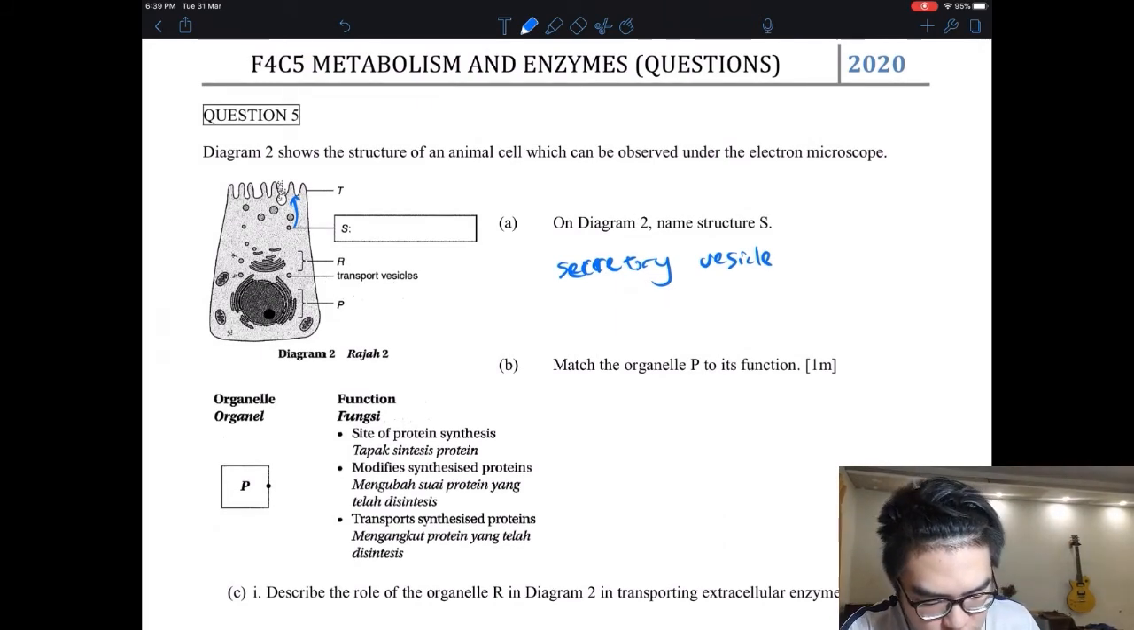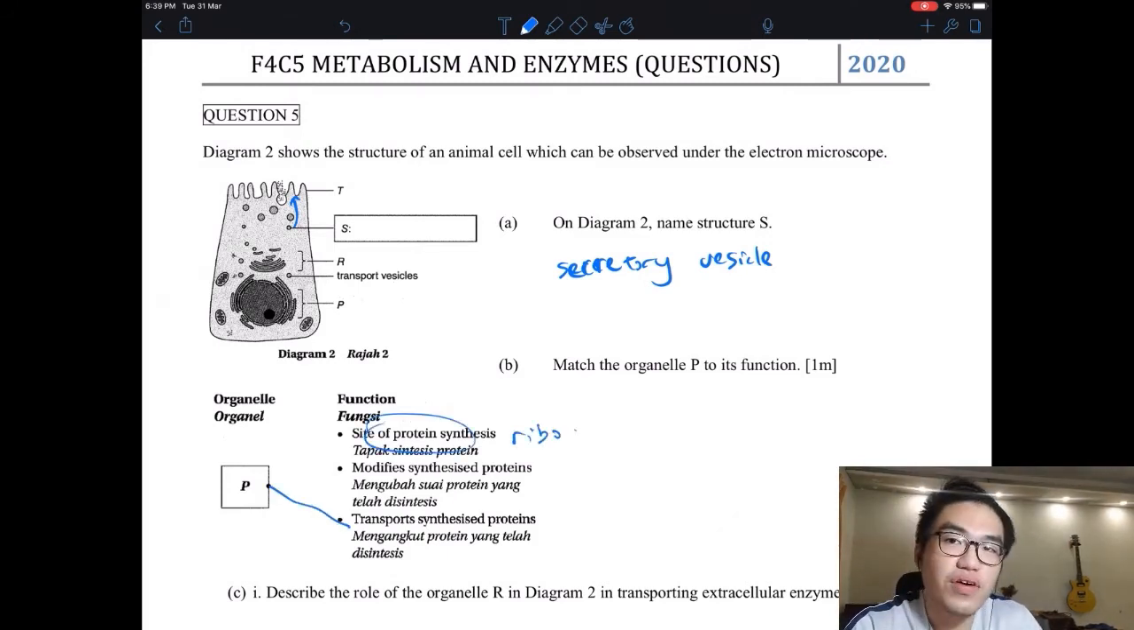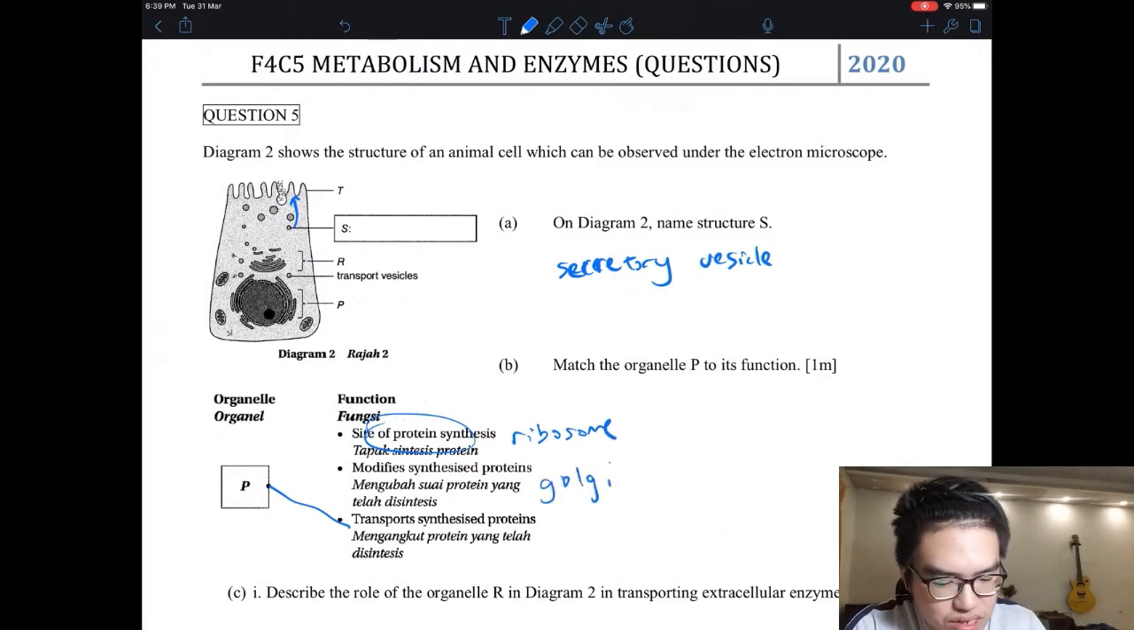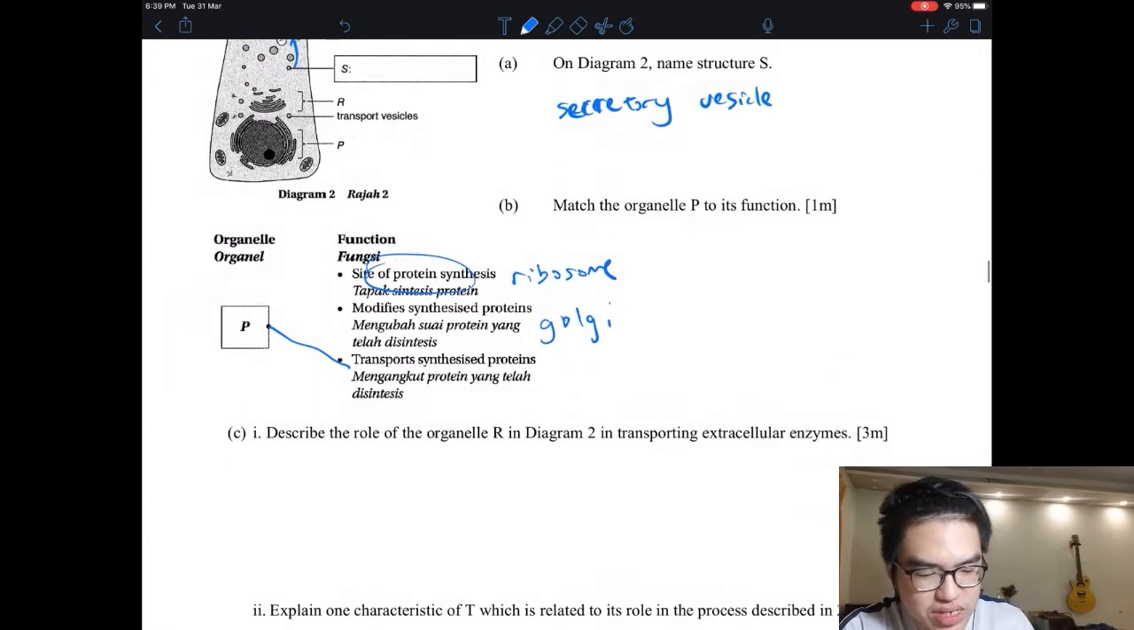So what is this for? It transports synthesized protein, not the site of protein synthesis. That is for ribosome. How about modifies? This is Golgi. This is chapter 2 stuff, very simple. Describe the role of organelle R. So what is the function of Golgi? It receives